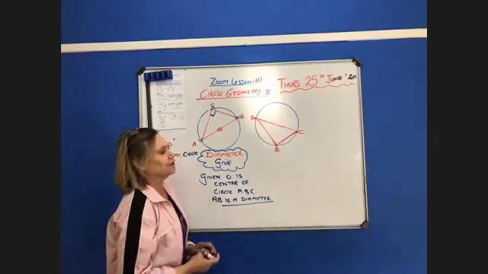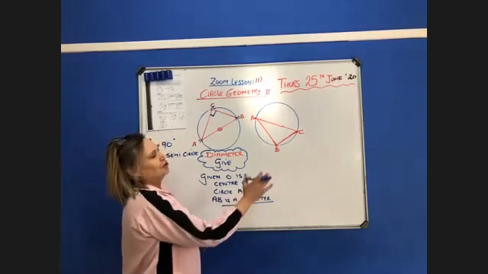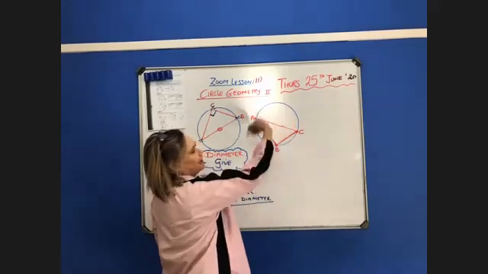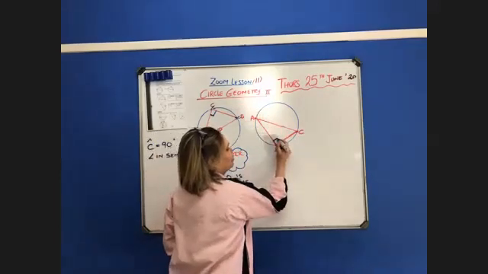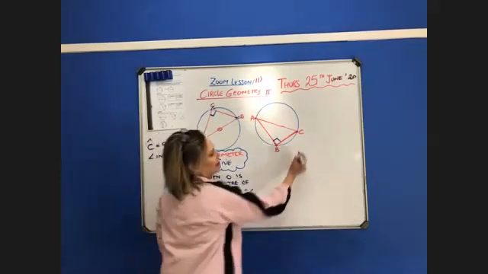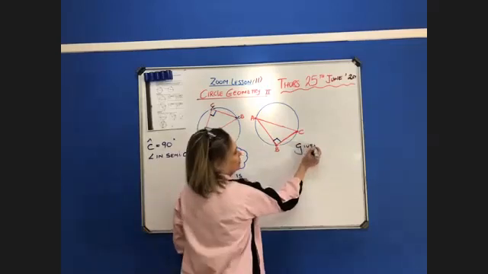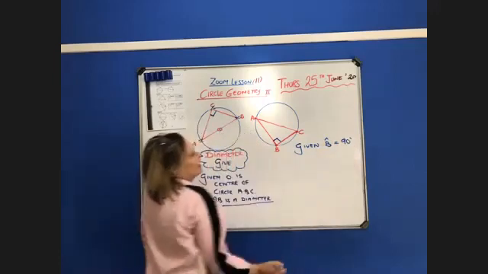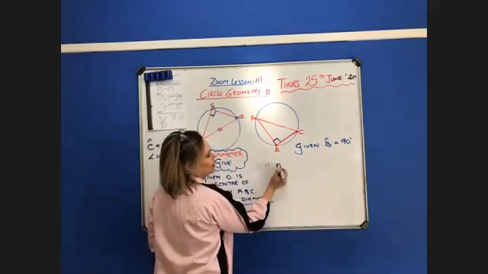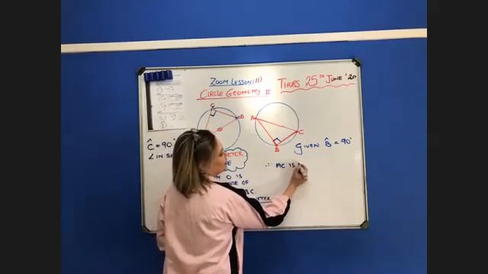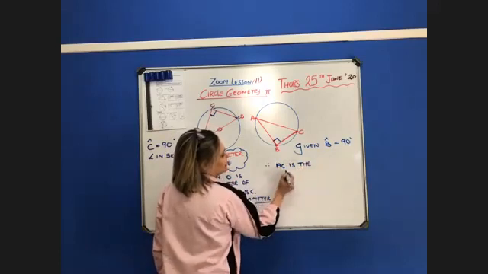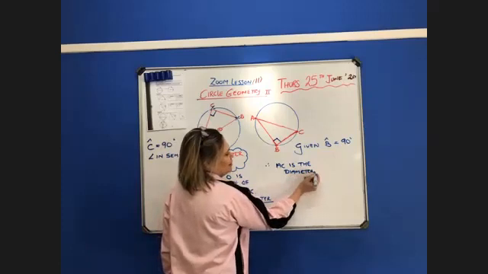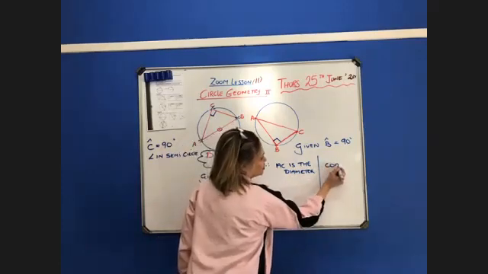I told you they're very strict. I just wanted to show you the converse. If, for example, you get a diagram and they give you the 90, so let's say given angle B equals 90 degrees. Therefore, my conclusion, AC is the diameter. And your reason, you must write converse